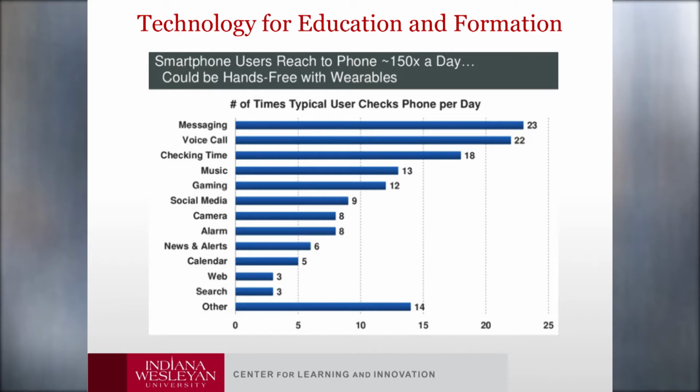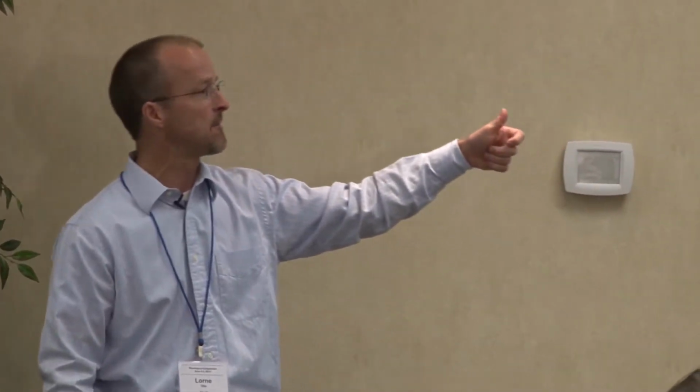Note, on average you're grabbing your smartphone 150 times a day. Mostly for what? What are people doing with their smartphone? They're mostly texting. I have a high school daughter who pumped up over 6,000 texts a month. Now, she had some specific friends that she was texting with, and we had the conversation a multiple number of ways on why we're talking 6,000. But certainly they're doing a lot of things.